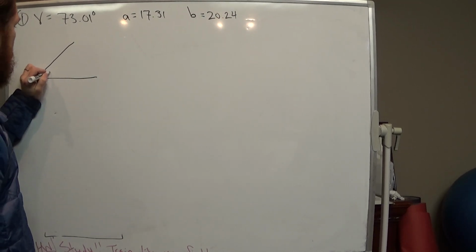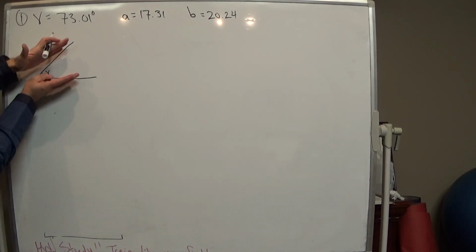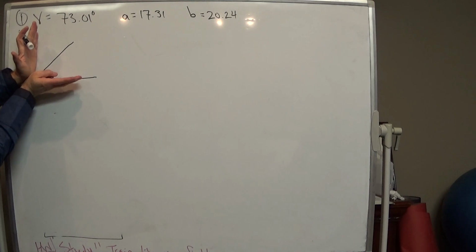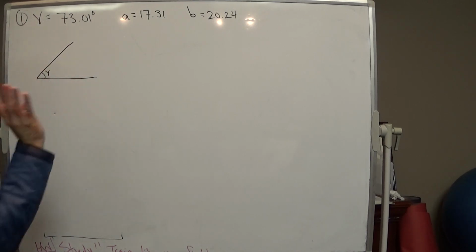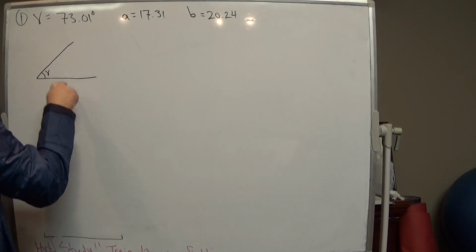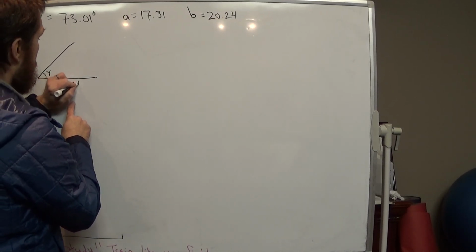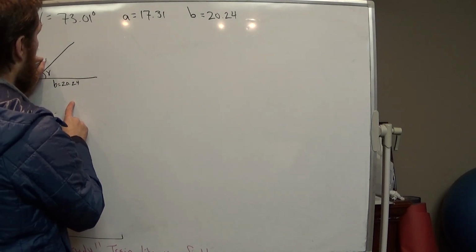Here's gamma. And actually, if I were drawing this correctly, this looks like a 45-degree angle. It would need to be pretty wide, but I'm not too worried about that right now. So let's call this one A and this one B. This is B is 20.24. A is